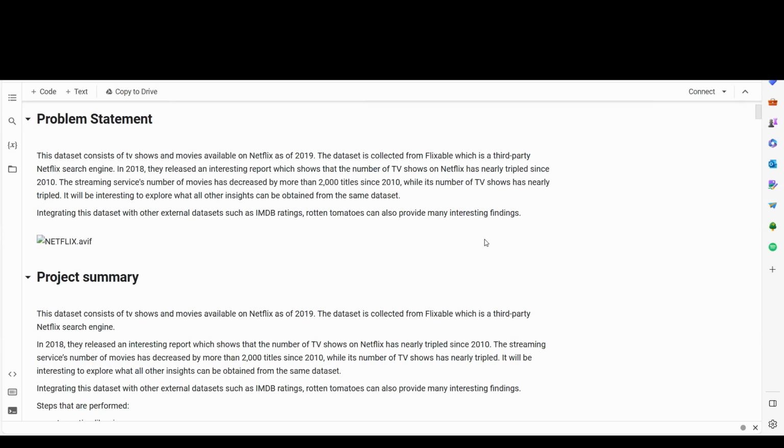Talking about the problem statement, this dataset consists of TV shows and movies available on Netflix as of 2019. The dataset is collected from Flixable, which is a third-party Netflix search engine. In 2018, they released an interesting report which showed that the number of TV shows on Netflix has nearly tripled